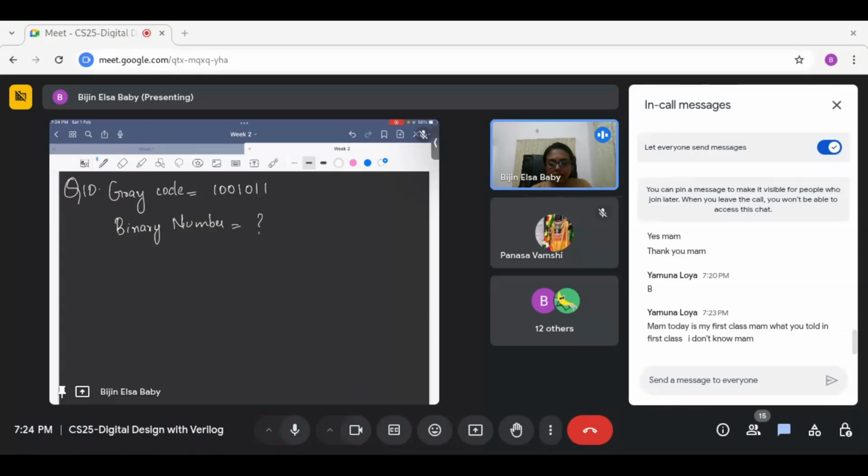Gray code is given. You need to find the binary number. So once you find the binary number, you have to convert it into decimal. Options are